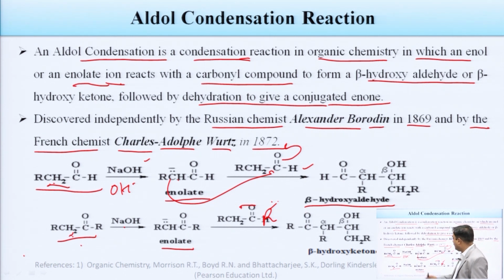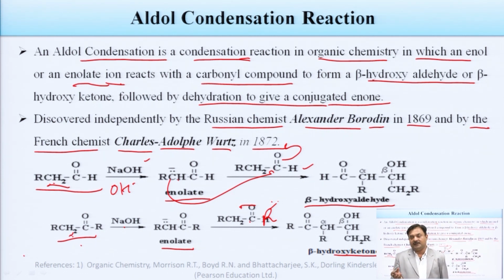That enolate ion is then reacted with another molecule of ketone, and we get a beta hydroxy ketone as a result. So, this is a little bit of understanding. We will see the mechanism one by one in the coming slides. So, you can see two molecules of similar types of aldehyde or ketones are used in the presence of base to react with each other to form a beta hydroxyaldehyde or beta hydroxy ketone as a product, which is known as the aldol.